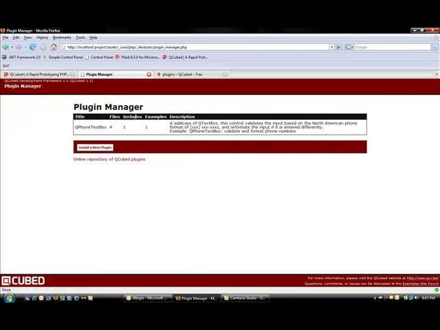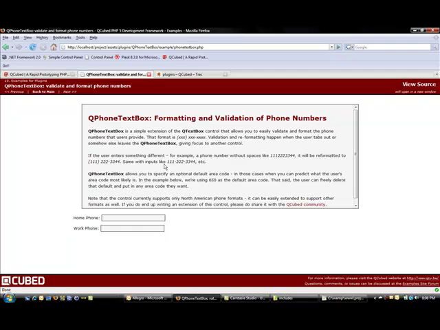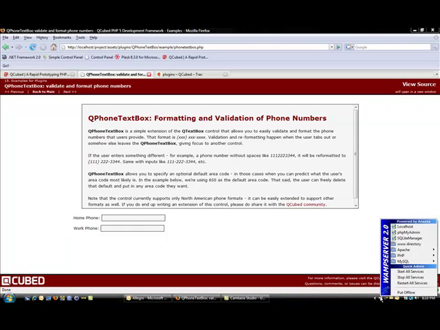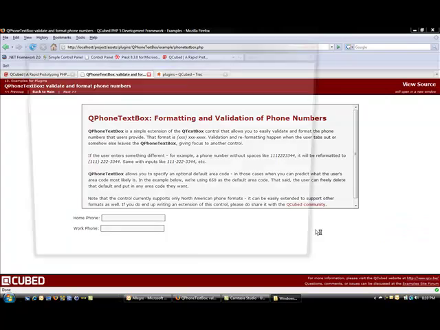So click to continue. Now you'll see here that we have a listing of the QPhone text box, and here is an example in our local examples of the QPhone text box. So clicking on it, we'll test it in our local installation. You'll see from the URL that we are looking at the examples from our local installation on the localhost, and here is the same examples page which was included as part of this plugin, and here is a view